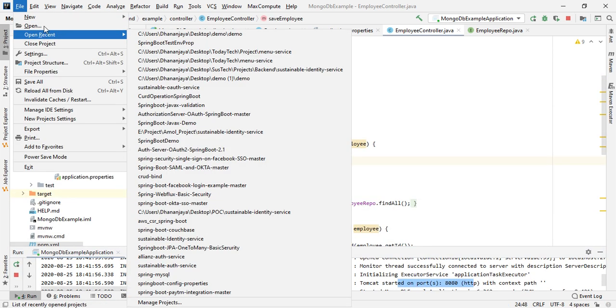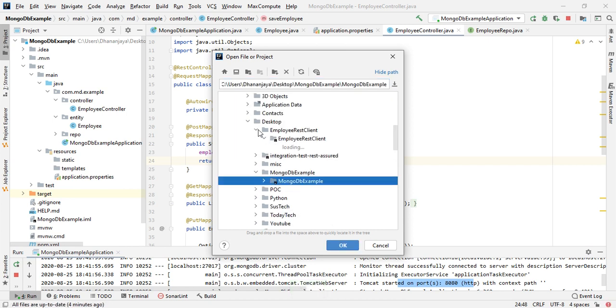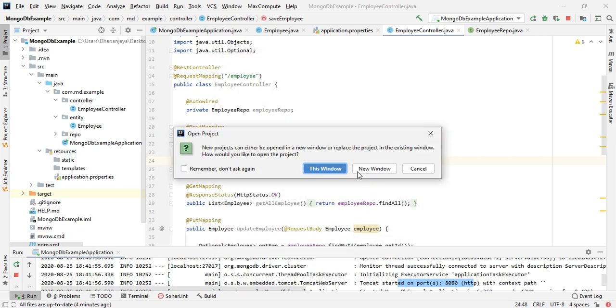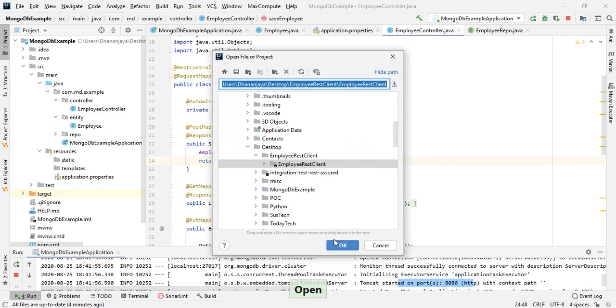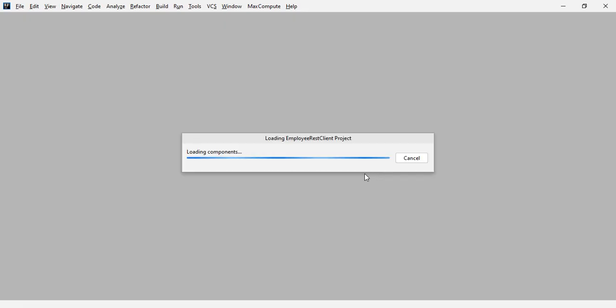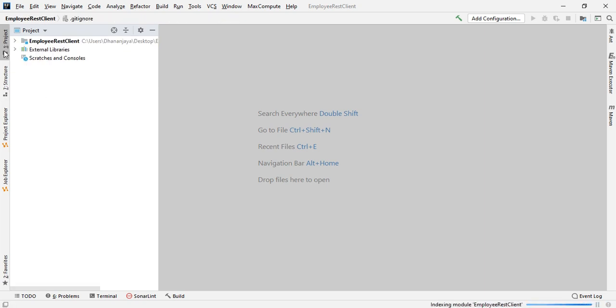Let me import in another tab. Yeah, it's importing. Yeah, the Maven structure is ready now.